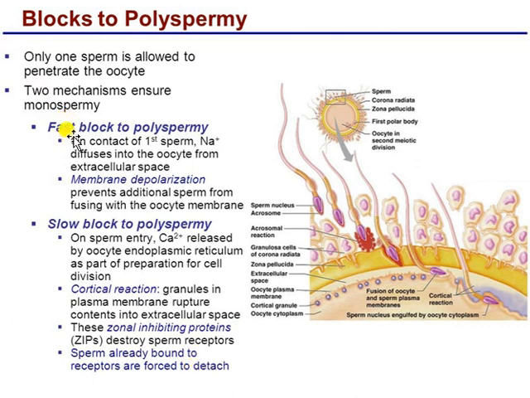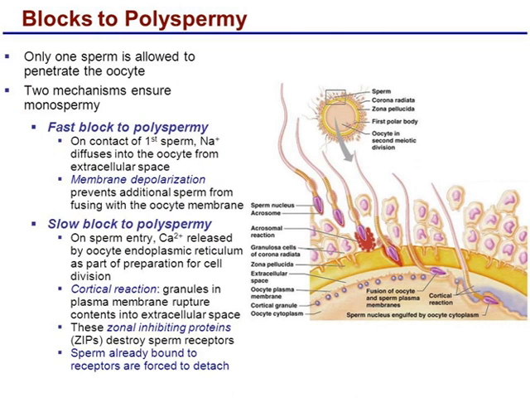So for that reason, always keep it in your mind. The fast block can also be called the temporary block of polyspermy or the first block of polyspermy. It happens first, very fast or in a quick manner, and it is very temporary. But the slow block of polyspermy is the second block, or permanent block, of polyspermy. Clear? This obviously happens second, after the first block. So this is overall the block of polyspermy, by which the entry of only one sperm is allowed, and the entry of other sperms is totally prohibited or blocked.